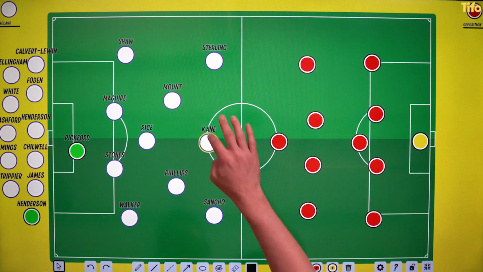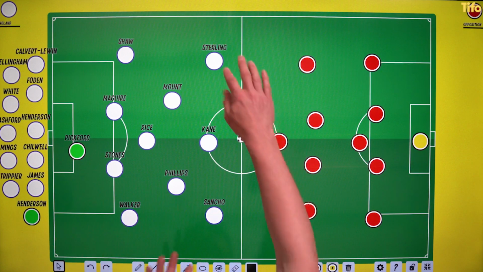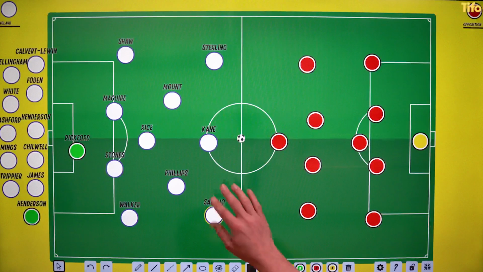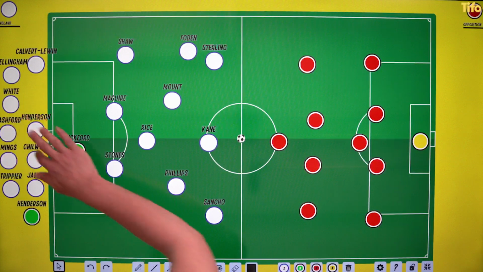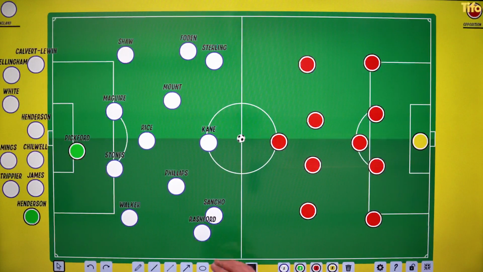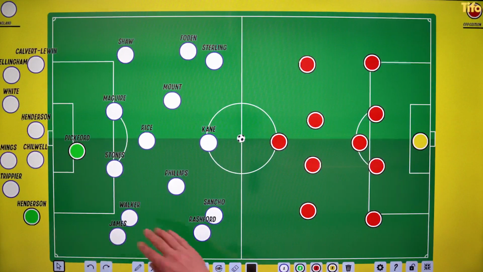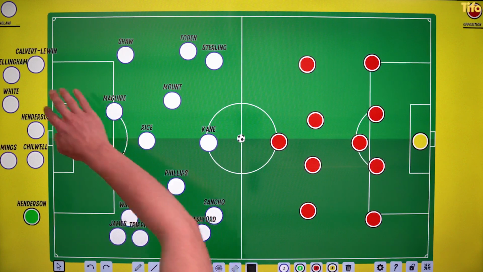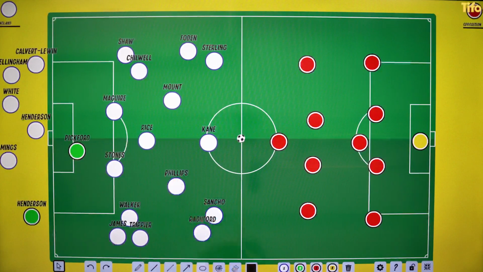So what we've gone with here is a probable strongest lineup. However, particularly in these wide areas, so we've picked Sterling and Sancho, there's a very strong case for bringing in people here like Phil Foden, for example, possibly bringing in Marcus Rashford here instead. In the fullback positions, again, Reece James, Kyle Walker, even Kieran Trippier, who's had a superb season with Atletico Madrid, who obviously won La Liga. Plenty of options there, and Ben Chilwell and Luke Shaw will duke it out for the left back spot.